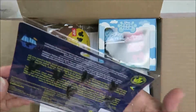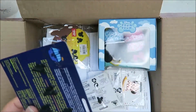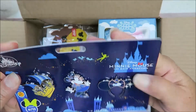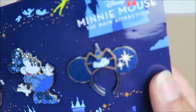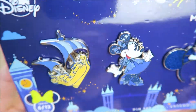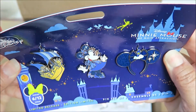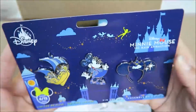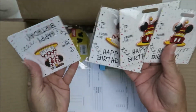Oh my gosh, so let's take a look. And they are limited edition release. Look at the ears. Look at Minnie. And look at Hook's ship. Oh, yay! I'm so happy. And then I just got some extra birthday pins because they were on sale too